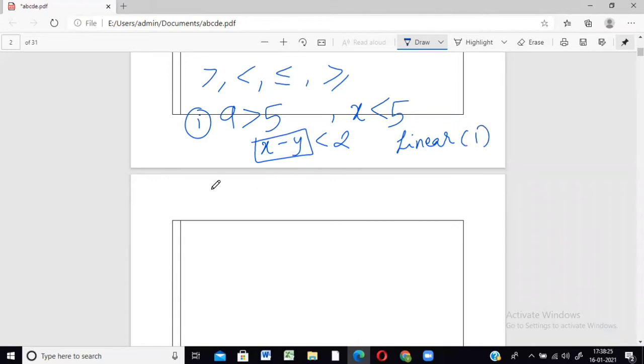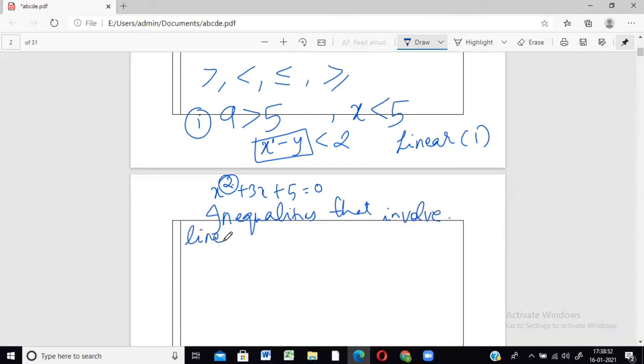Like how we do quadratic like this: x square plus 3x plus 5 is equal to 0, something like this. So when the power is equal to 2, you call it quadratic. But when the highest power is equal to 1, we call it linear. Okay. So whenever you have a linear expression which involves inequalities, or to be more precise, inequalities that involve linear expressions, are called